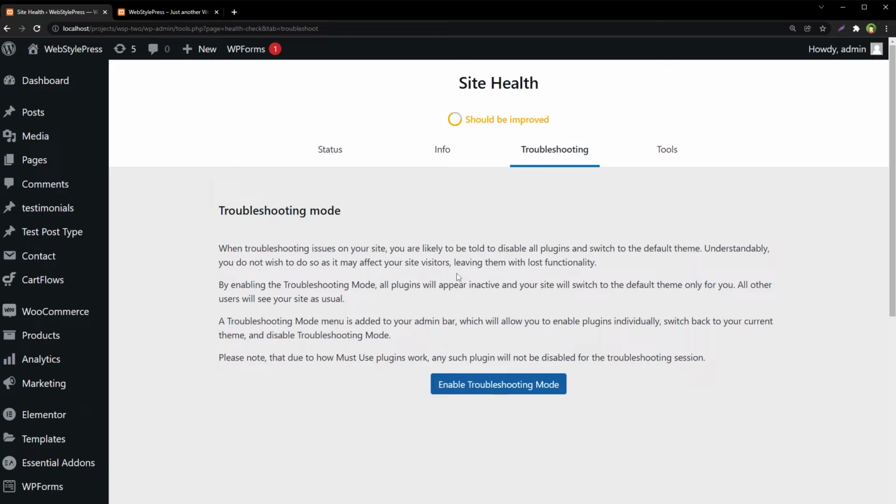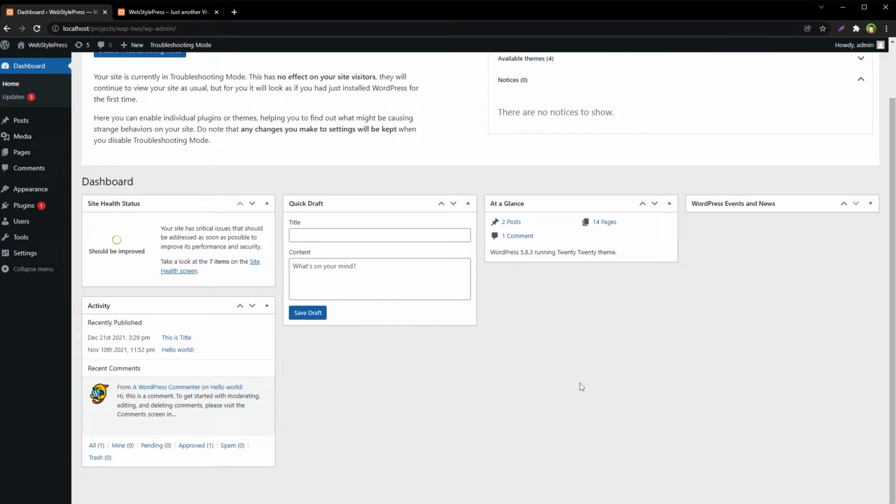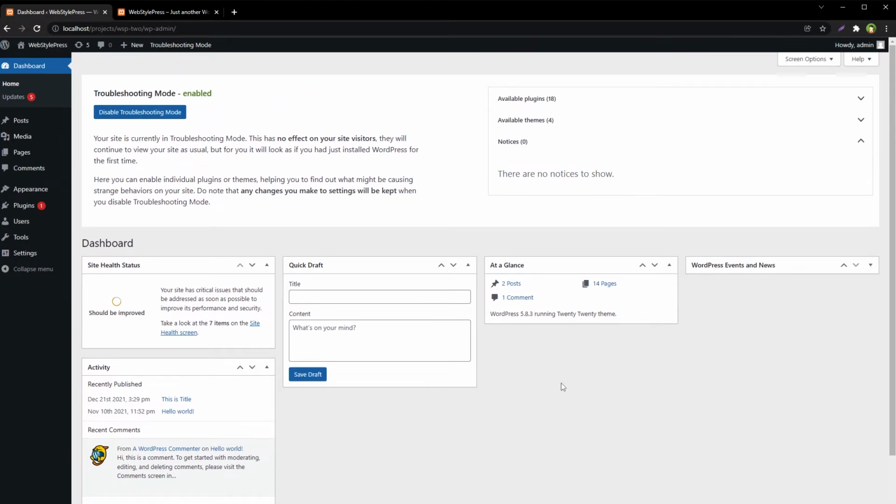Okay, now I am going to troubleshoot this site and I am going to disable all themes and plugins without affecting the site for every other user except for the admin. Enable troubleshooting mode. Now see, everything is gone. This is a default WordPress site. No plugins, no themes. And now we've got this button, disable troubleshooting mode, and here,